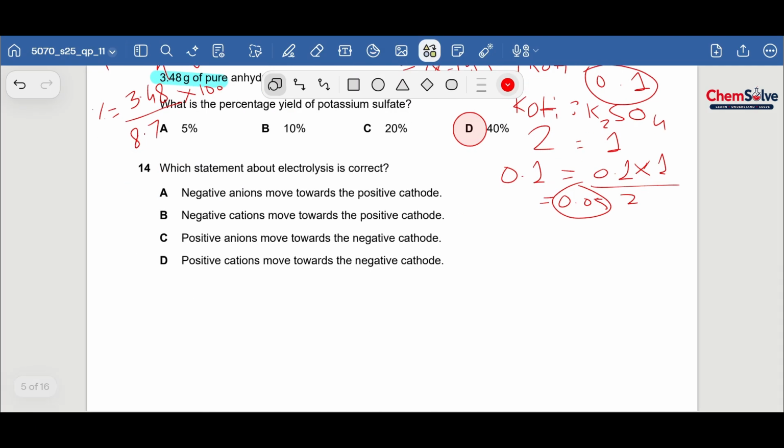Now let's move towards the next question. Which statement about electrolysis is correct? Negative anions move towards the positive cathode. Before that, we need to understand that